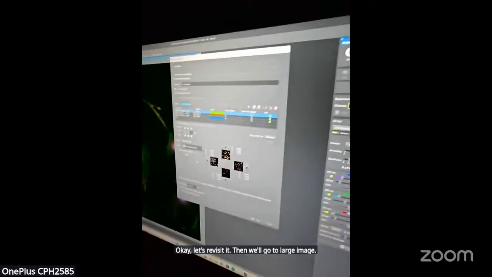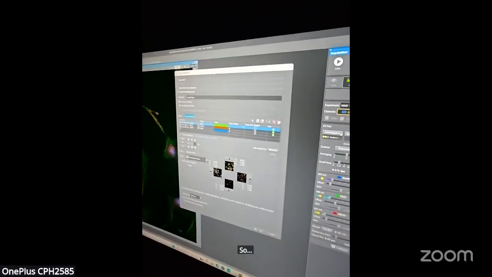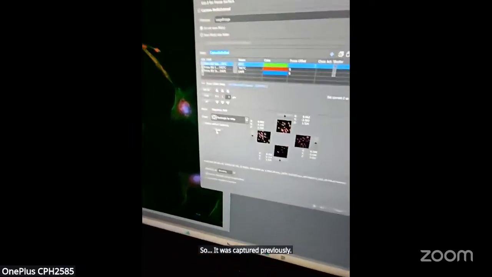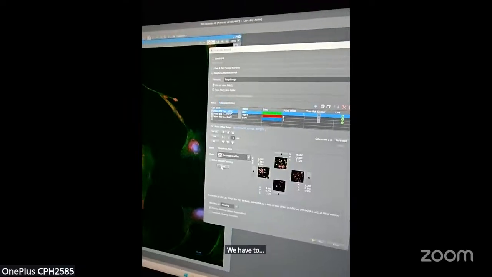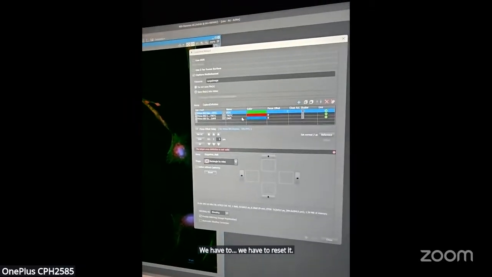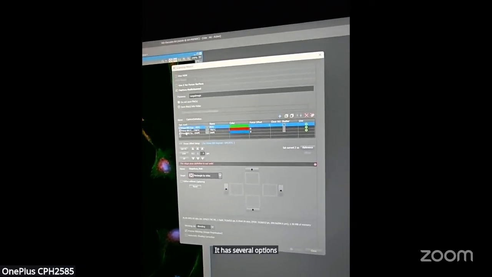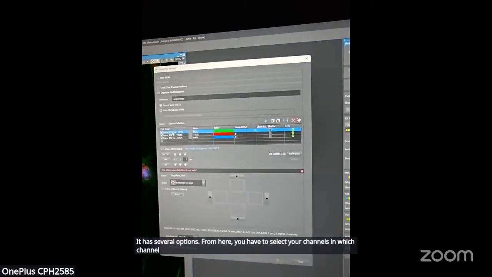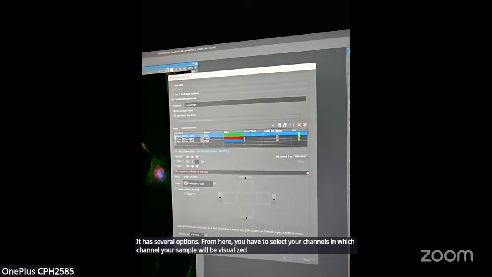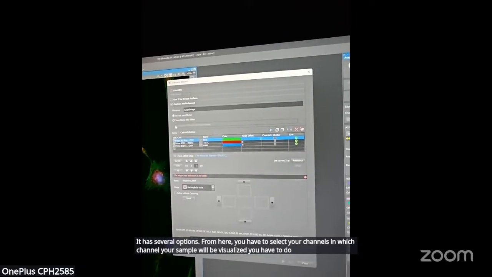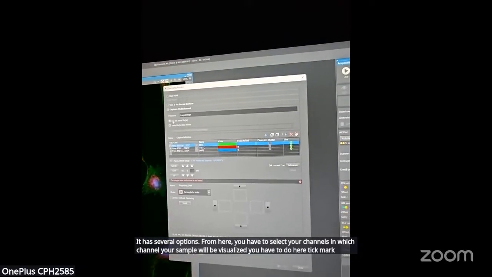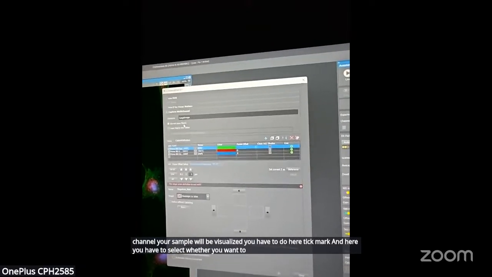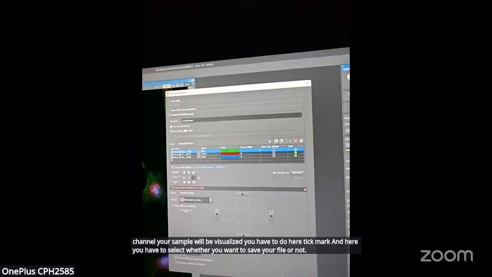It was captured previously, so we have to reset it. It has several options. From here, you have to select your channels, in which channel your sample will be visualized. You have to put a tick mark here, and here you have to select whether you want to save your file or not.